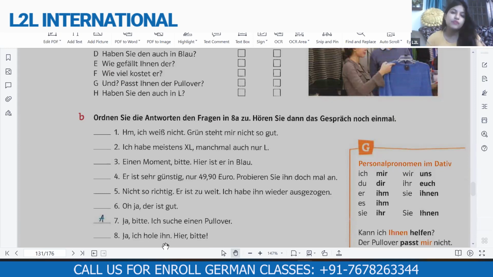Now understood the conversation between the Kunde and the Verkäuferin? Yes, ma'am. Now comes the thing here. What is Ihnen? What is mir? You know what is ihn, right? We did that when we were doing the accusative. Ihn, do you know ihn? That's the pronoun for him. Then you have again